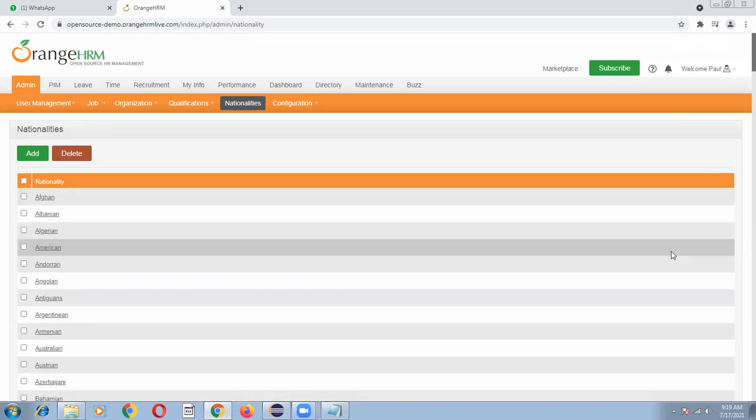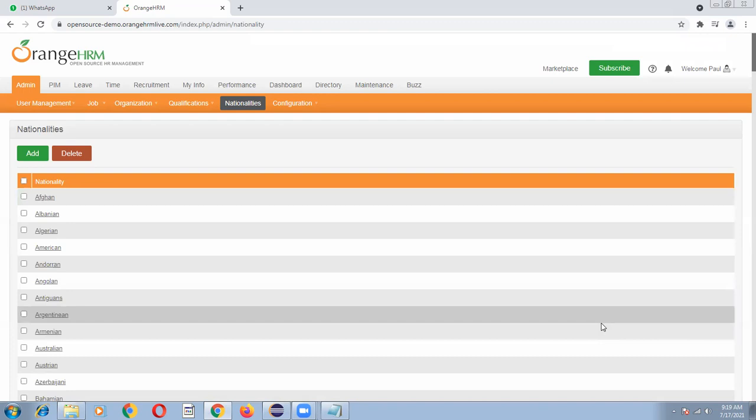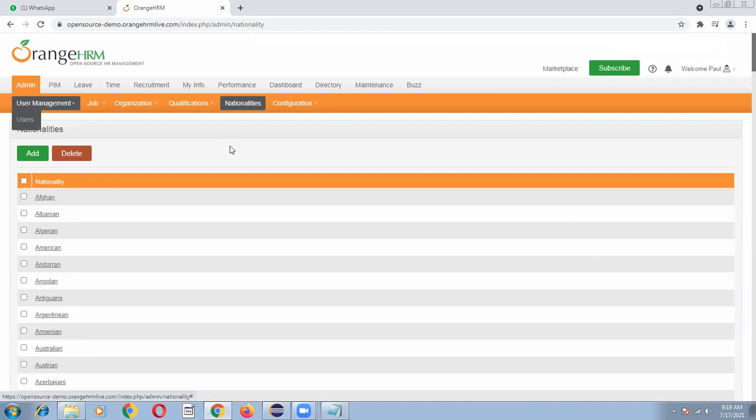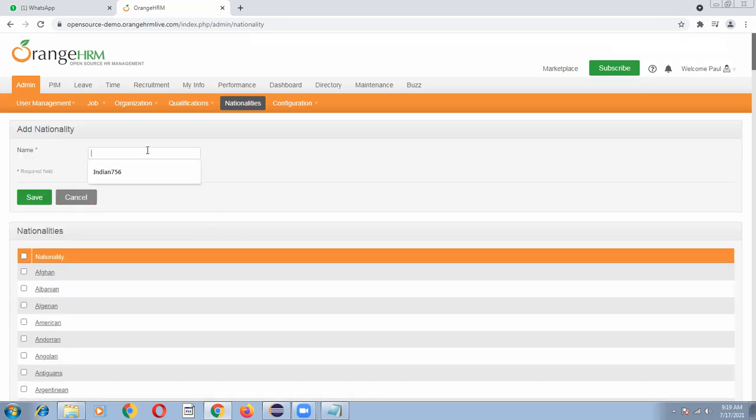But to create a second nationality record, do I need to exit from the current session? Not required at all. I can click on Admin, navigate to Nationalities, click on the Add button, enter Indian 767 and click on Save. So there is no need to execute from every session.